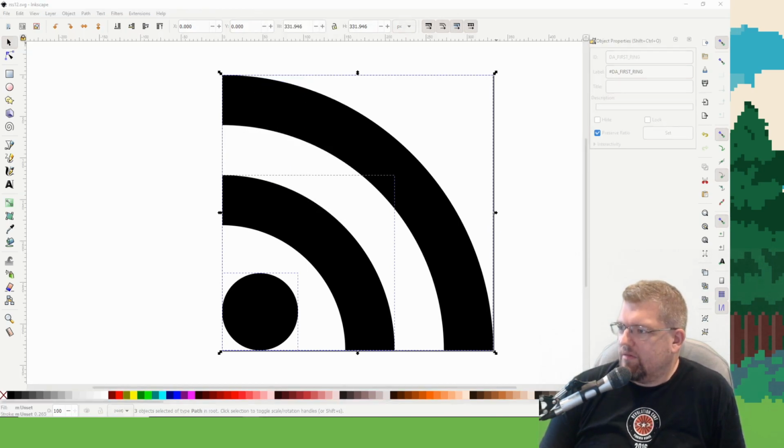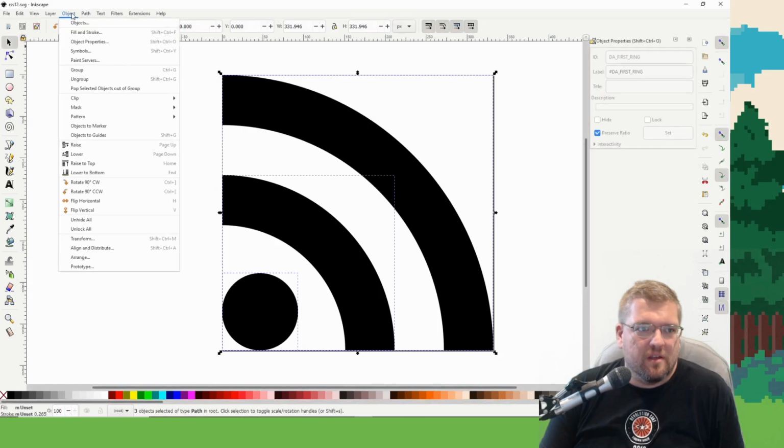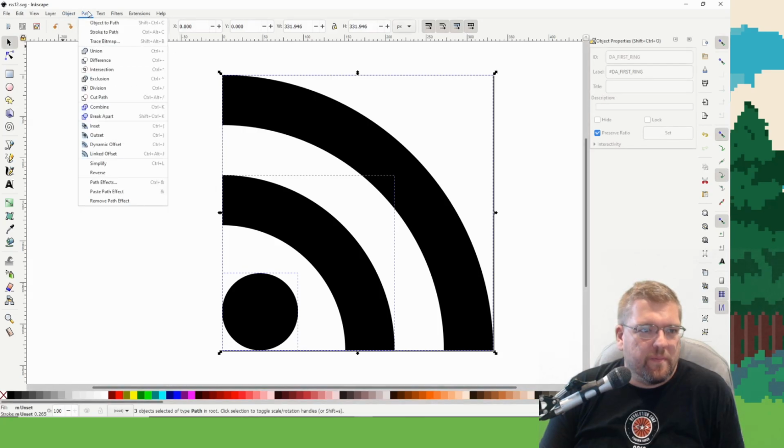Oh man, I accidentally closed the Stack Overflow article I was reading. There it is. Shift Control C, path object to paths. I don't know what that means. Object.